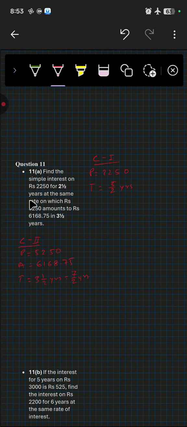So we have to find the rate, so that when we get the rate in case 2, we will apply it in this question. It says find the simple interest on this much rupees for 2.5 years at the same rate on which rupees 5250 was given, the rate will be same. So from here we will get the rate, I into 100 by T into P. Interest we know is amount minus principal. Let's find it out. Interest is equal to amount minus principal. Here the amount is